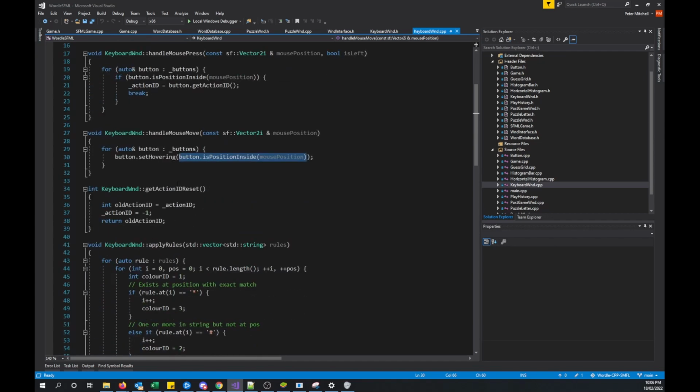So the getActionID reset, so we just store the old action ID, before we reset it with whatever the current action ID is. And that allows us then to reset that value back to the -1, which essentially represents a no action. And we have the returning of that old action ID. So this just lets us, each time we call this method, we're just then handling one action, and it'll then just continually only provide actions one at a time,